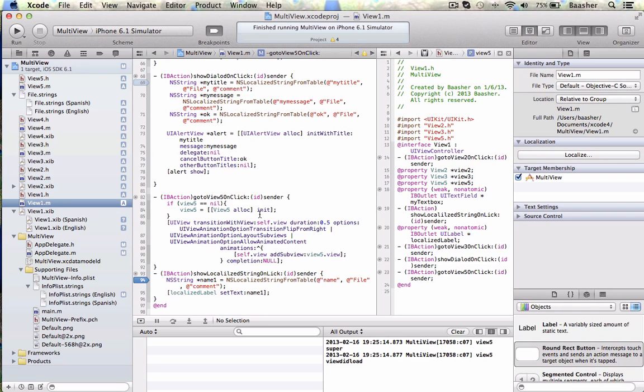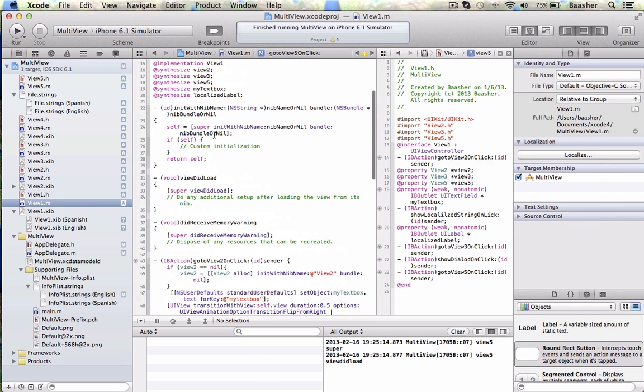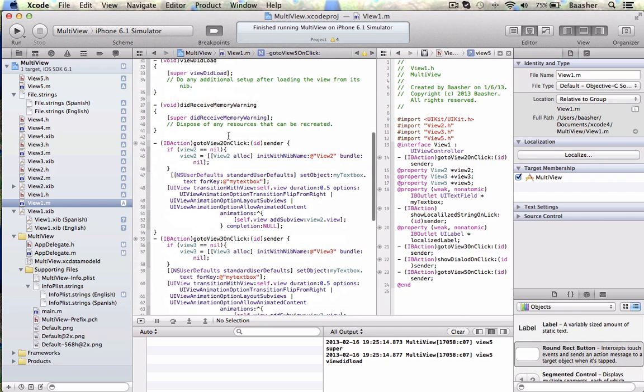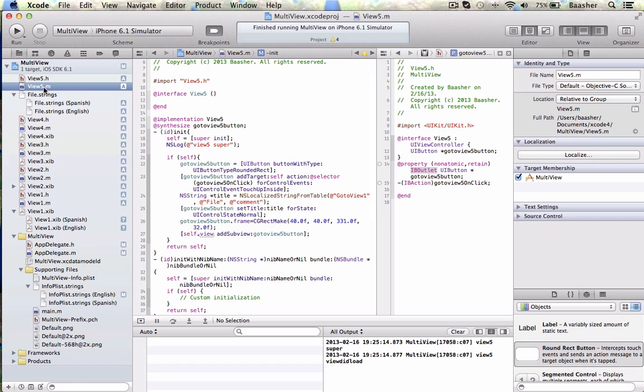But one example though, see over here I did not do init with nib or anything, just init. Look at the difference. You see right here I did the init with nib name bundle nil, but here I am not doing that because I'm not going to load it from the nib file. So if I look at view5.m, you see that I have overloaded the init function, and I'm calling super init,